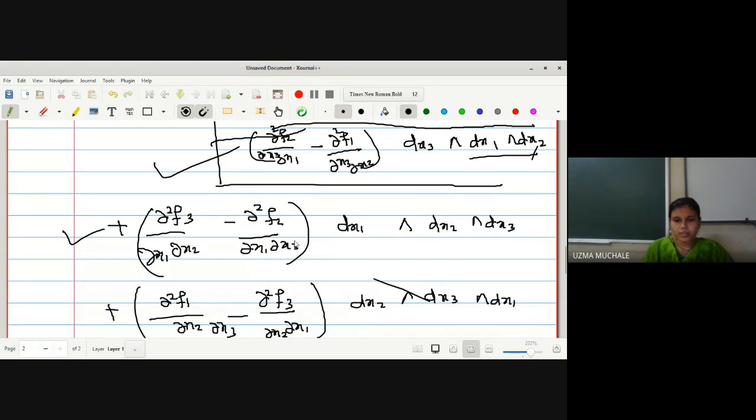ओके, so हम लोग सभी को common में convert करेंगे, right? x1 x2 x3 में convert करने के लिए हमें क्या करना पड़ेगा, right? So first I have to interchange the position of these two. Okay, so first if I have interchanged the position of these two, here I will have x3 and x1, right? Again I have to change the position of x3 with x2 क्योंकि x3 यहाँ पे आ जाएगा, correct?